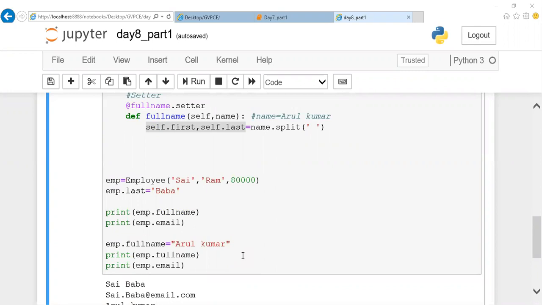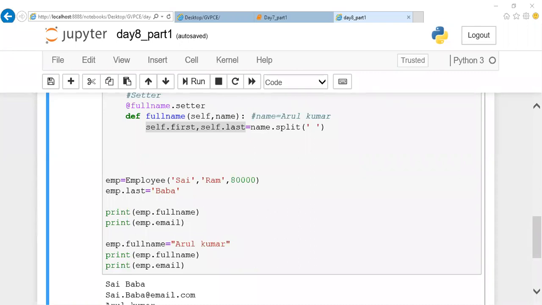Okay, good. Guys, if you have some doubt, let me know. I know that these properties are a little advanced. Closure, decorator, getter and setter are little advanced concepts which are used in real-time applications. Okay, fine. You people are clear.